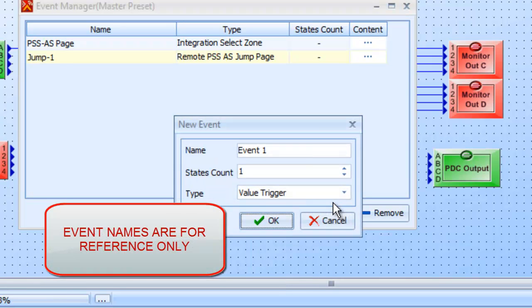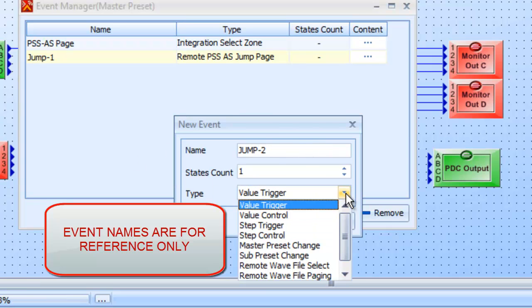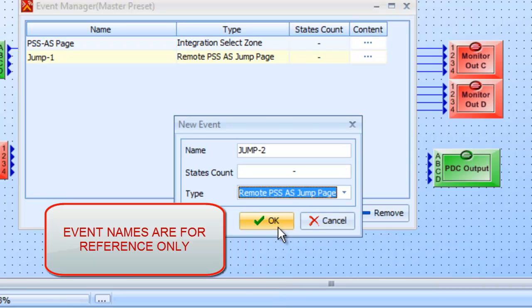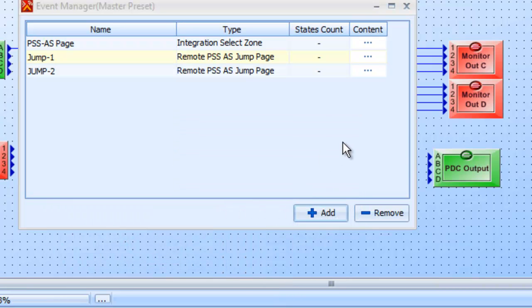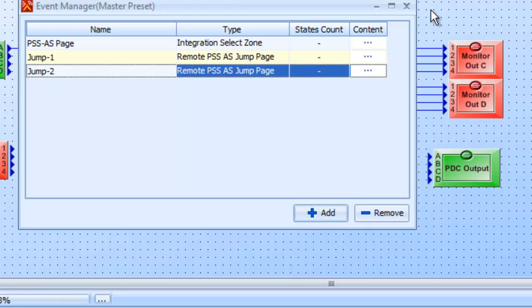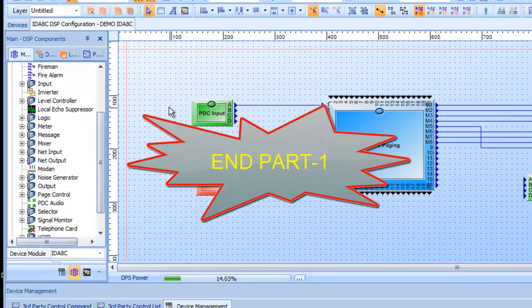Let's create another one. We will call this jump 2, and our type is another PSS-AS jump button. So for every jump button you would create, or screen jump button, you would need to create an event here. You have to kind of have an idea how you want this to look before you start getting too deep into programming, because what you don't want to do is get into the program and mapping keys and then find out you wanted to change something. You got to go in and remap all your keys because you threw the order off. So we've created that, so we can go back to